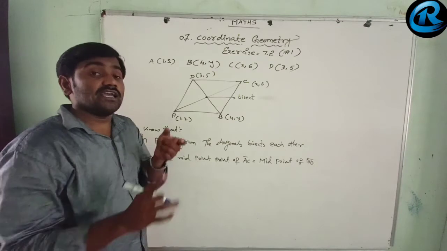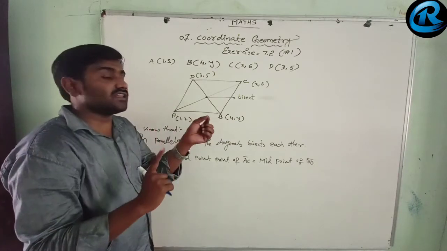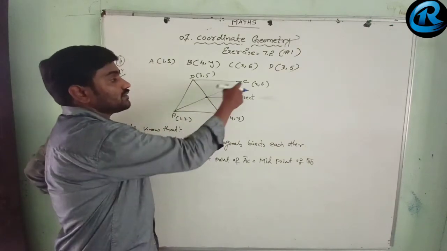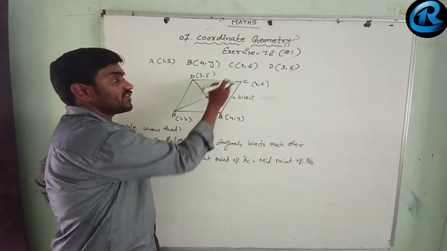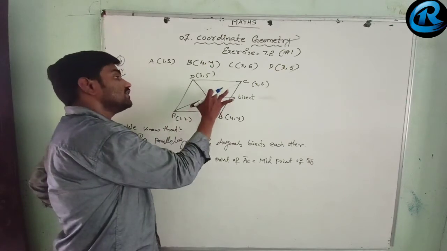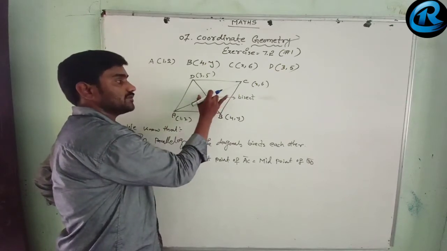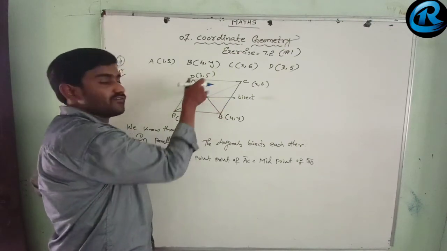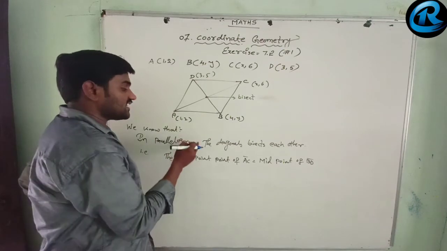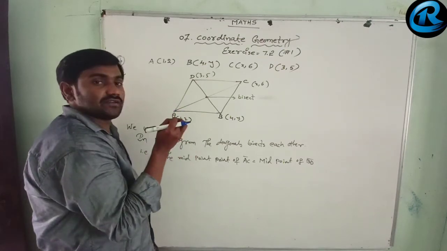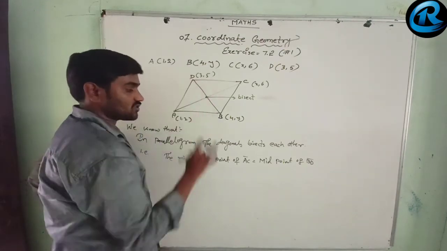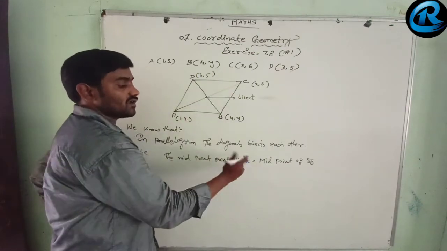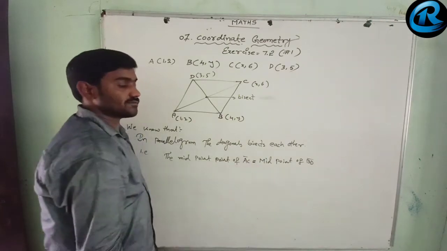What is the meaning of bisect? They intersect each other at half of their total distance. అవి ఎంత మొత్తం ఇది 10 cm ఉంటే 5 cm ఎగ్జాక్ట్ గా 5 cm దగ్గర ఇంటర్సెక్ట్ అవుతుంది. If it is 8 cm, we will divide it into 4 and 4. So bisecting in the sense intersecting exactly half of their total length. That is called bisect. That means the midpoint AC యొక్క midpoint BD యొక్క midpoint ఈక్వల్ గా ఉంటుంది. That's why we made it equal like this.